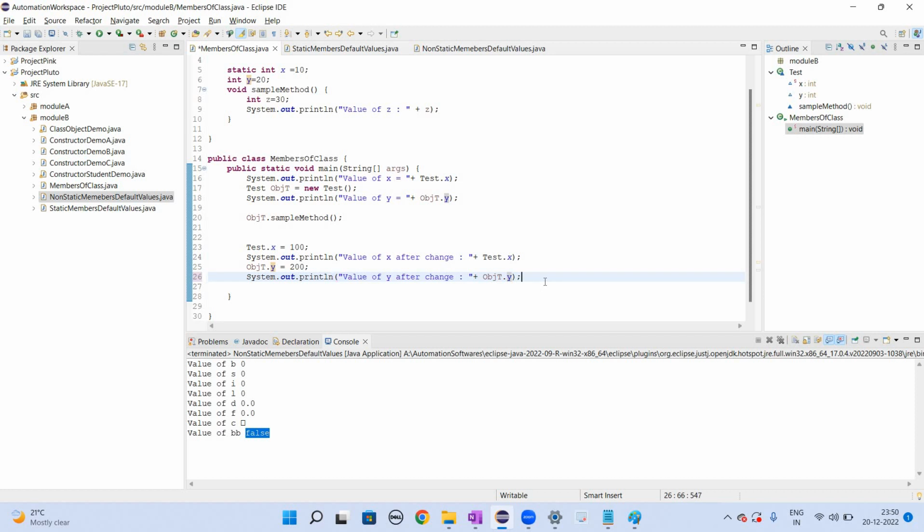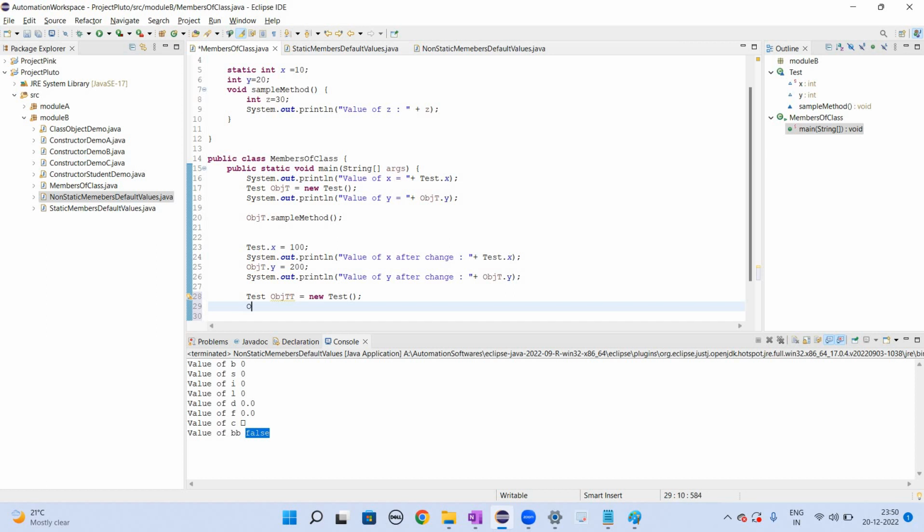Also observe one more thing I'm going to do here: Test obj tt is equal to new Test,